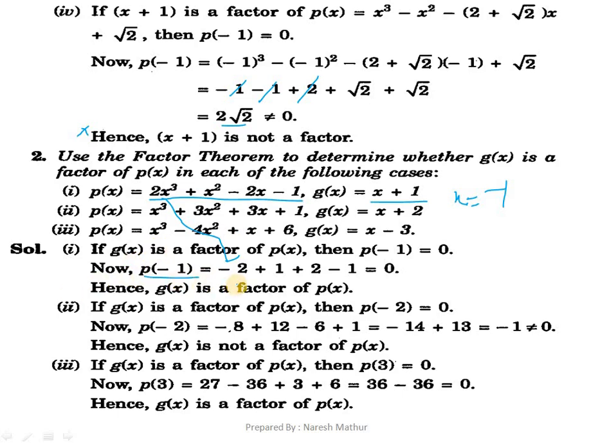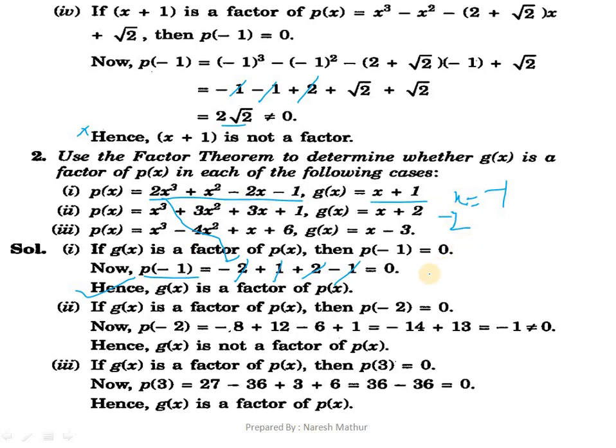So we can see at minus 2 and plus 2 will be cancelled out. And plus 1 and minus 1 will be cancelled out, so that we are getting 0 as a remainder. So we can say yes, the given g of x is a factor of p of x. Similarly, in the second one, we are given x plus 2, so we'll go for the value of x equals